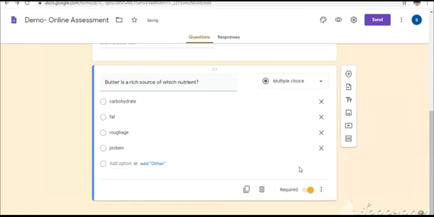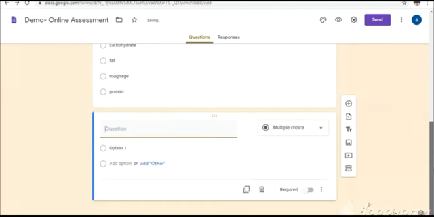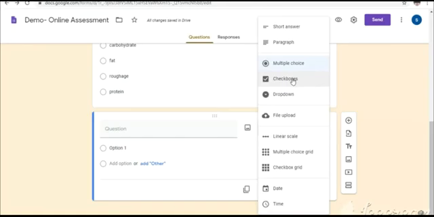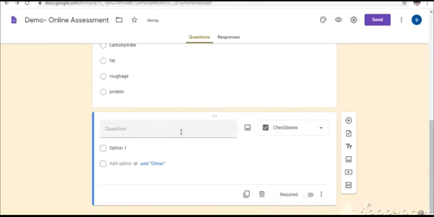I wanted to give another question now. Let me take a checkbox question: which of the following is an energy giving food?